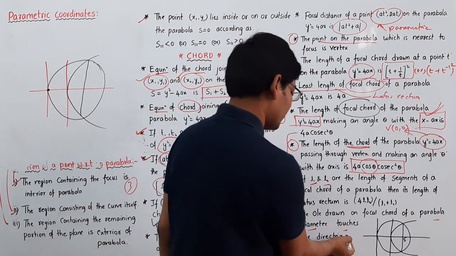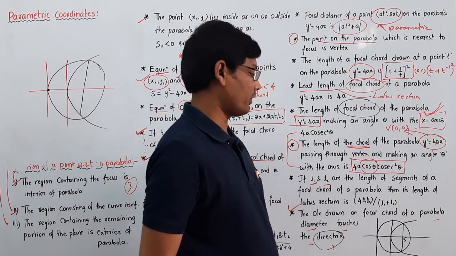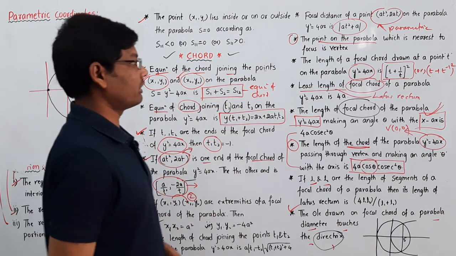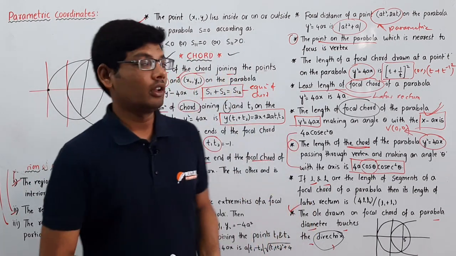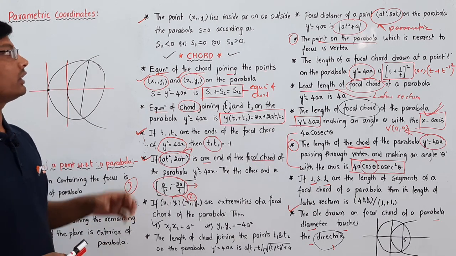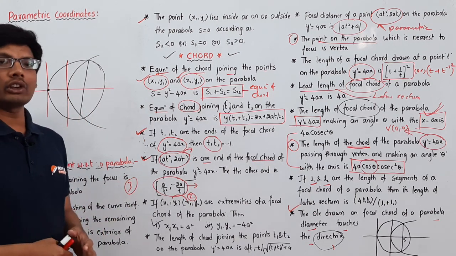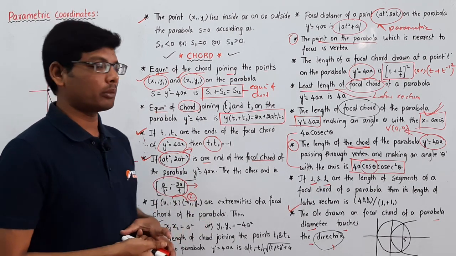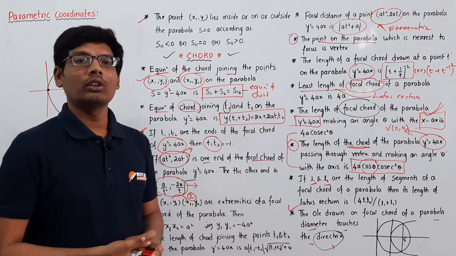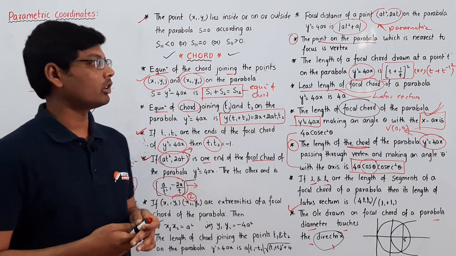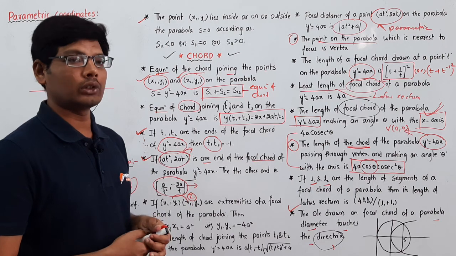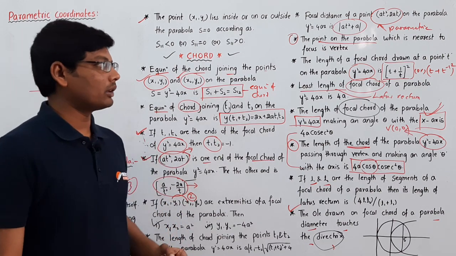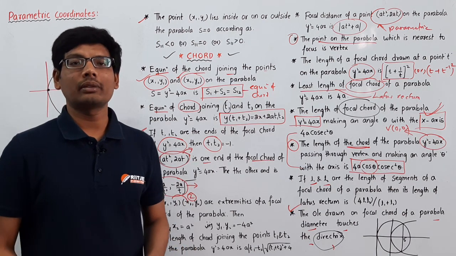So this is the important theory part of chords. This is all about chords. In the next session we will discuss some more important points of the parabola. We can complete every point of the parabola without any elimination, so that we can get the knowledge about parabola. Then only can we crack the JEE problems. If you know each and every important point of the parabola, then only can you easily crack the JEE questions.